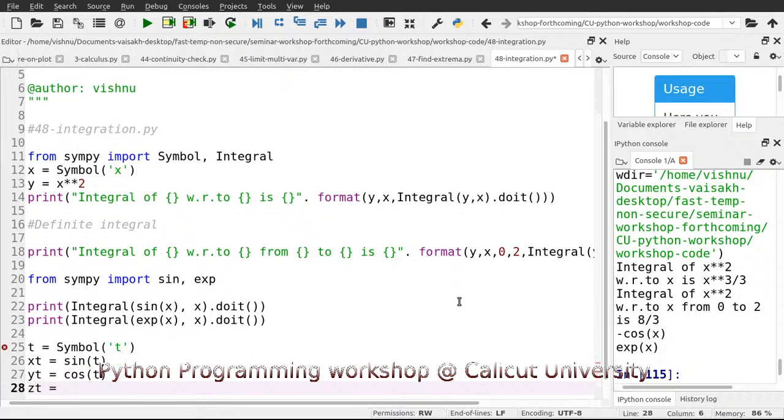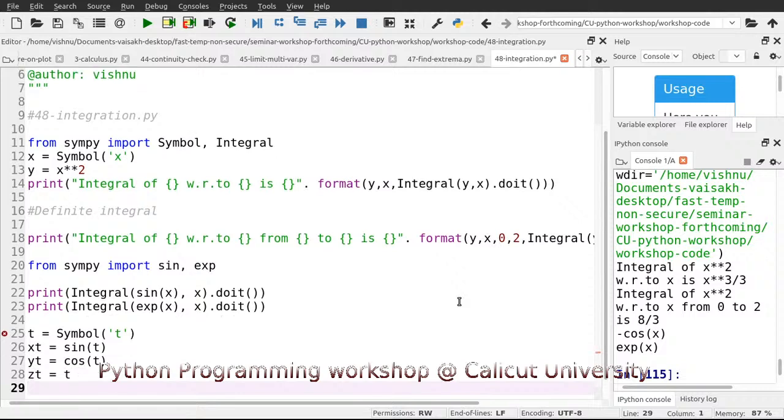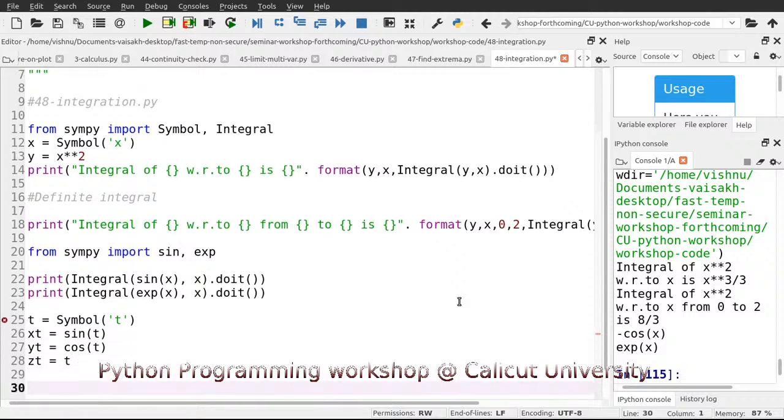These are just names. So now the arc length, print length of arc given by these three is